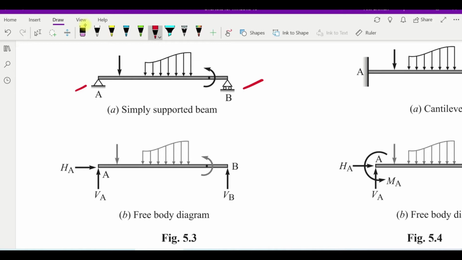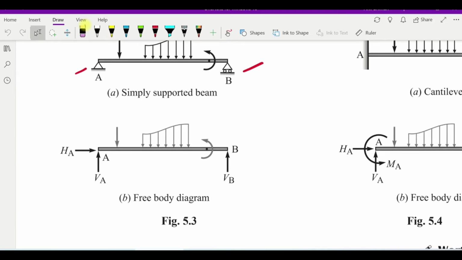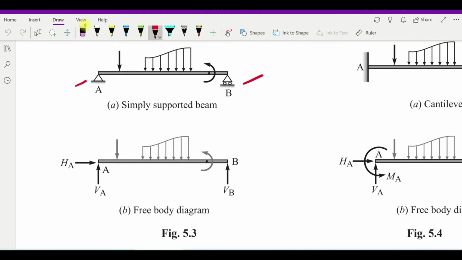So this is a simply supported beam which is subjected to some random loading. And if we remove the support and apply the support reactions, at the hinge support we'll get two reactions, one vertical and one horizontal, and at the roller end we'll develop only the vertical reaction. So a total of three reactions will be developed in this case. The horizontal reaction will be developed only when any inclined load or horizontal load is applied on the beam. Otherwise, the number of reactions will be two, only two vertical reactions.